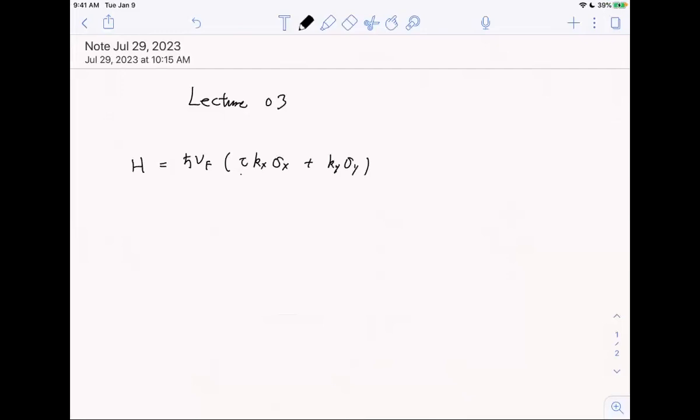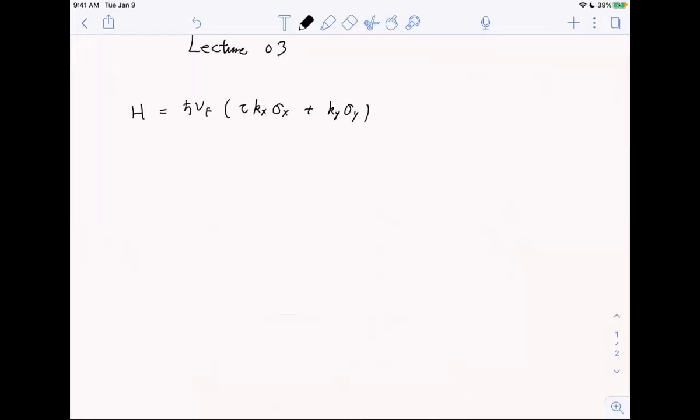So τ is the valley index. Sometimes for simplicity, you can just set it to be 1, but there's another value with a -1. Okay. So if you solve this Hamiltonian, you will find this Dirac cone dispersion. Okay, so this is what we learned before,